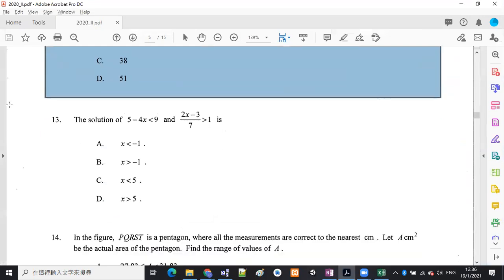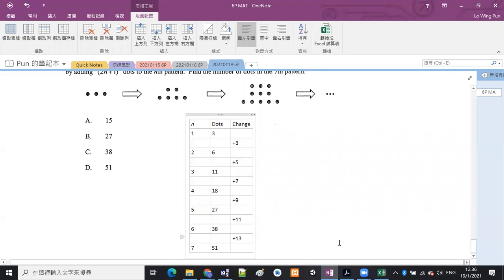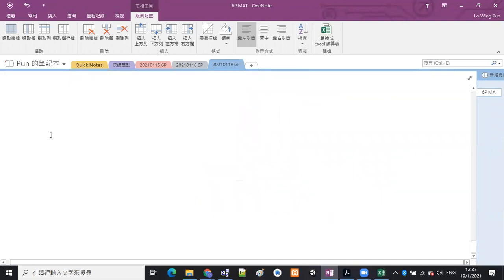OK，number 13都仲係比較簡單嘅題目喎，見唔見到啊？OK。Number 13